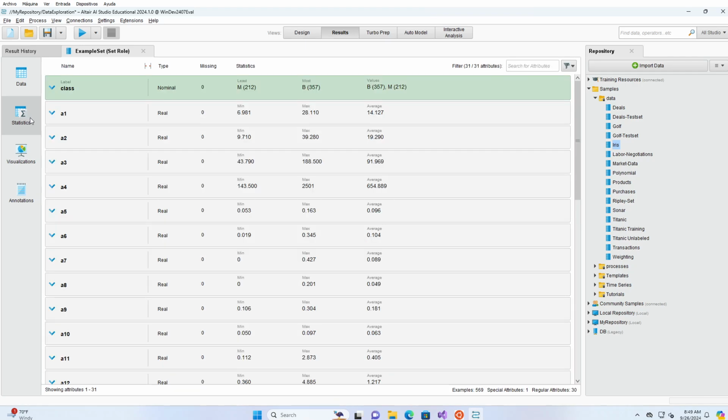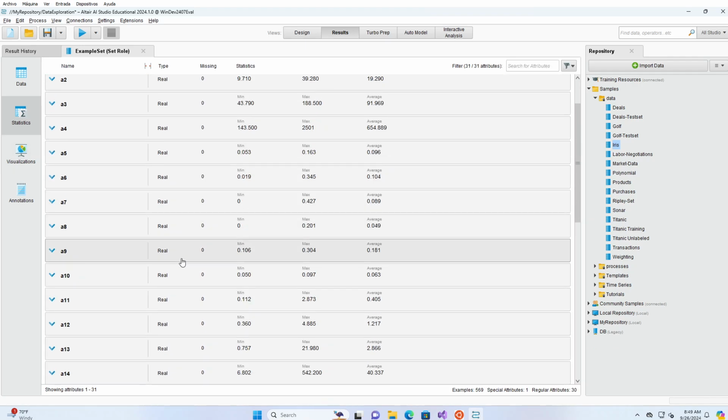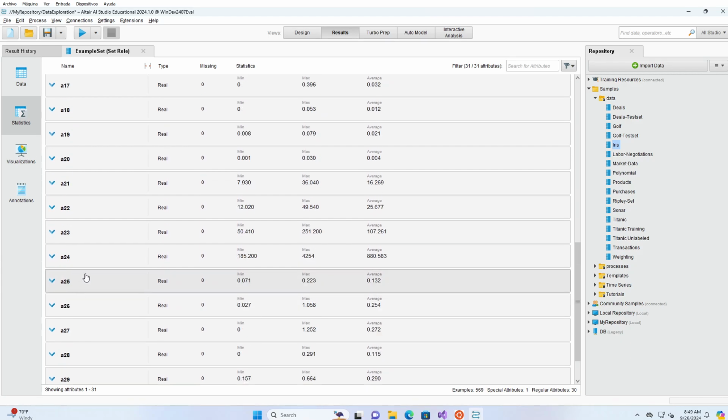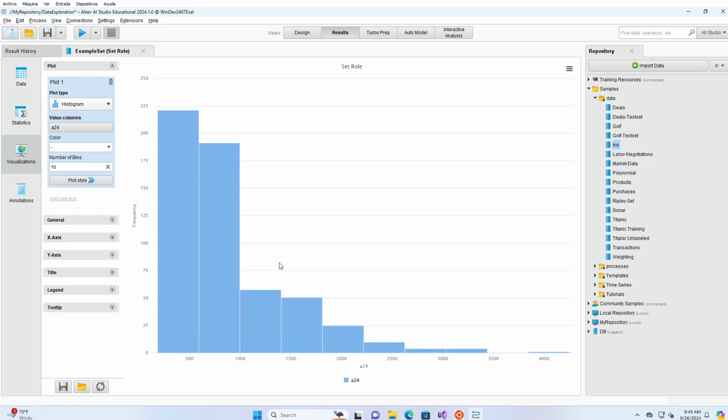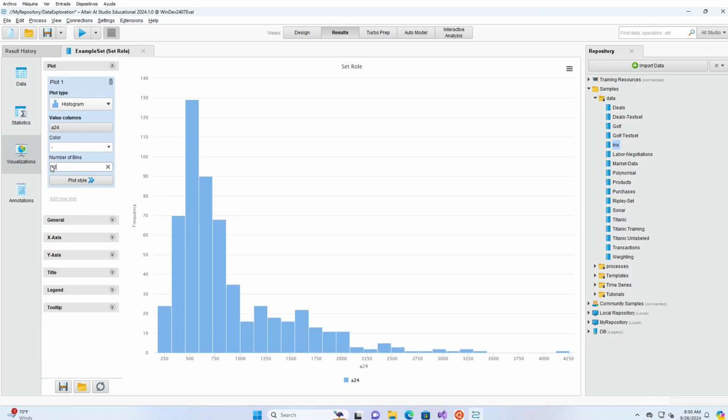And I'm going to show the shape of the A24 attribute, which was the one which had the highest range. This is an example of a long tail. Most of my data is here, but I have a few very large pieces of data and a few